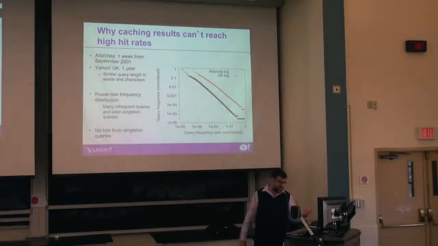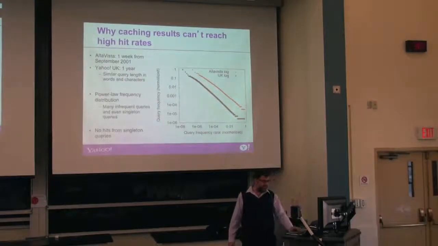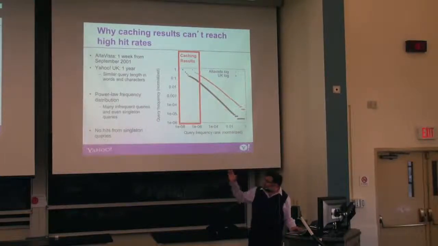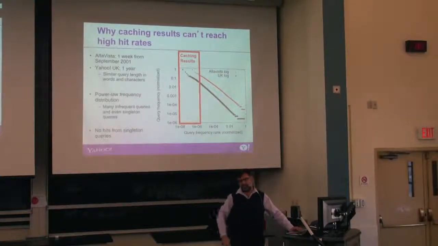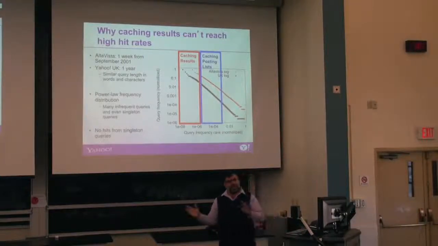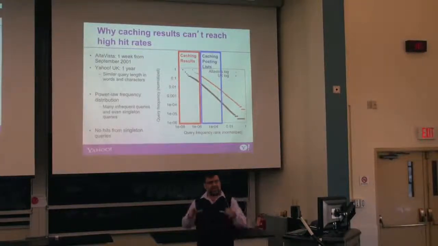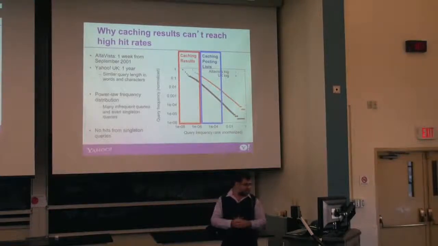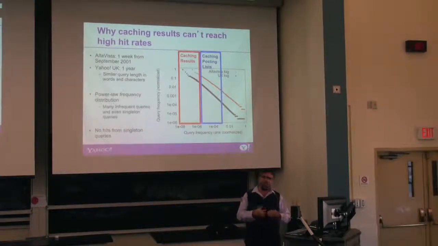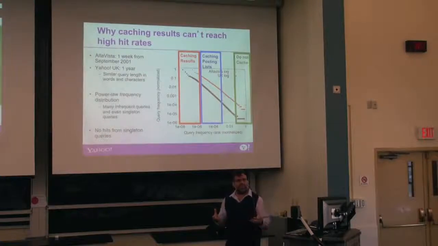So why does caching really not help beyond that point? Why can we do better? Well, one problem is that caching results takes the top of the distribution. Then caching the index takes the next part of the query, more or less. It's not exactly like this, but just to understand. But there's a big problem. There are so many unique queries that maybe you will go to the dynamic part of the cache. That way they will pollute the cache.